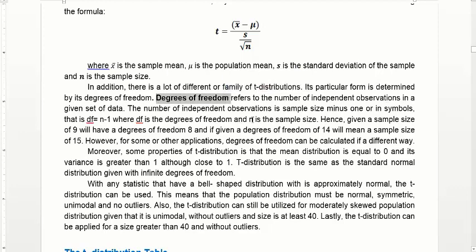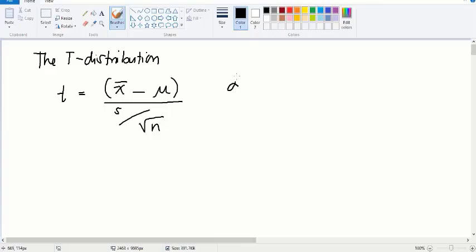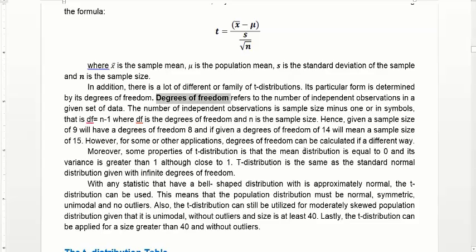Ano nga ba ang degrees of freedom? It is just the number of independent observations in a given set of data. And degrees of freedom can be solved by n minus 1, or that is the sample size minus 1. Yun ang degrees of freedom. So, I hope you have looked onto your modules because on page 5, later on, makikita nyo yung t-table,